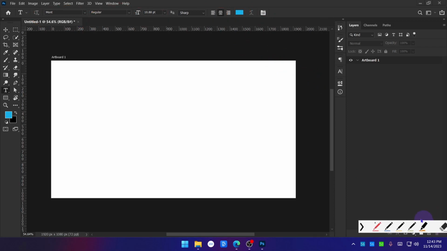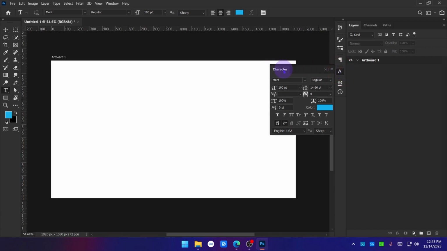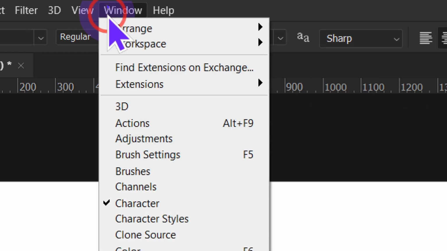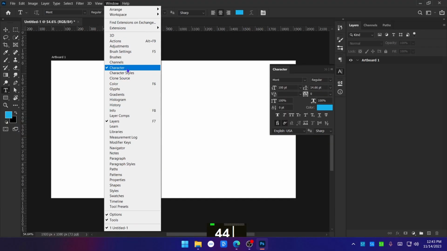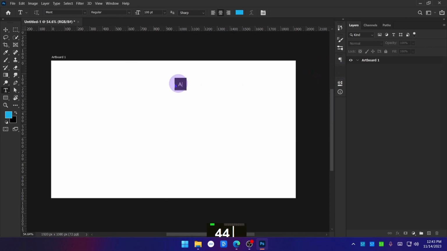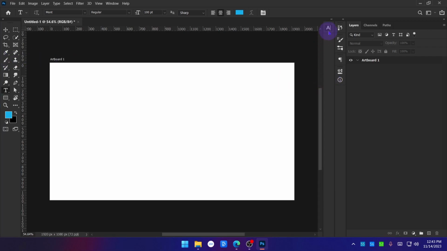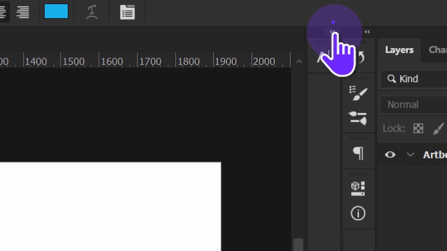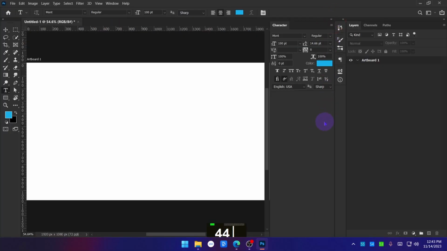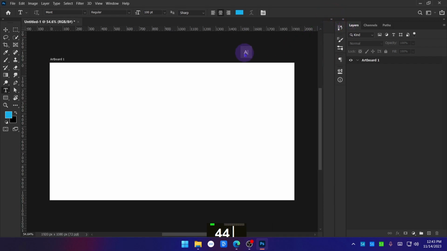So in here we have to just increase the font size to a bigger number like 100, or you could do like this. You can use the character panel, which is this, but if you don't have the character panel, you have to go to window. From there you have to find character. Okay, so once you get the character panel is going to look like this. All you have to do is drag it and place it wherever you wish, to any side, like right or left, or even in here. And if you press this tiny double headed arrows, see, it will open and it will collapse. You have to open it,